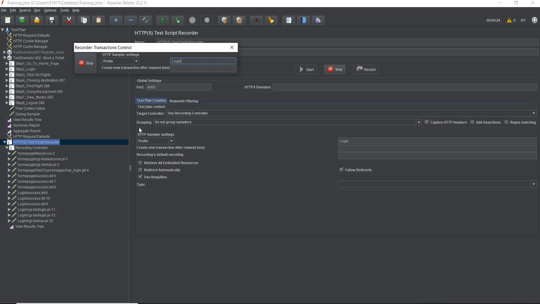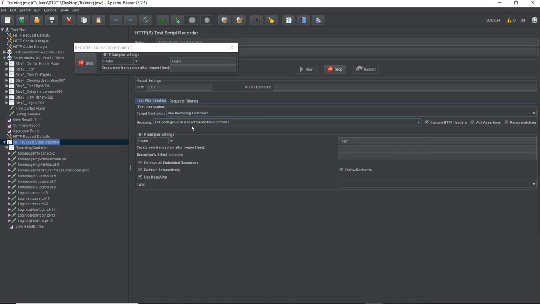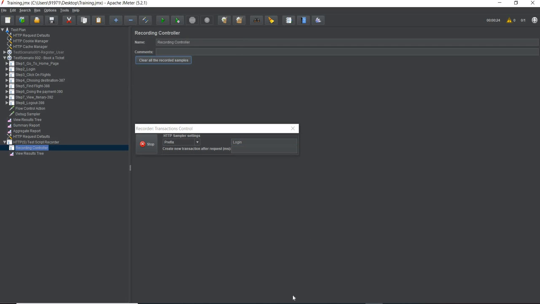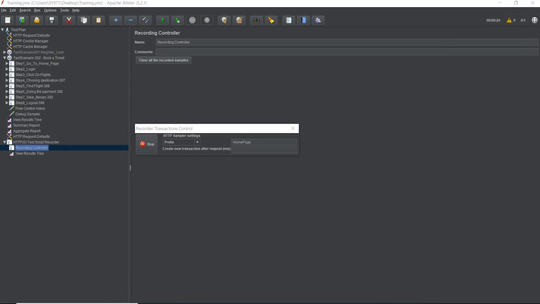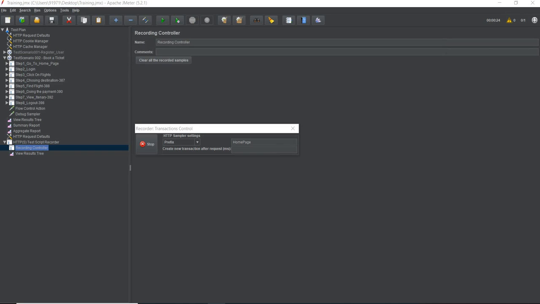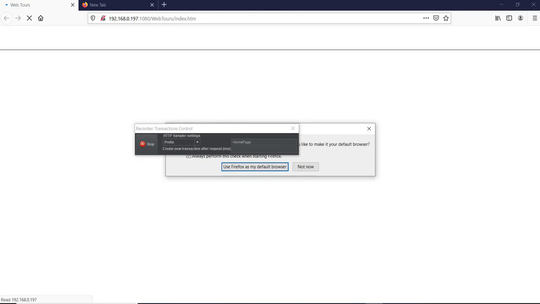And why is it so? Because we have not grouped them. This was discussed in the best practices: you need to put each group in a new transaction controller. I'm clearing up all the recorded samples and again giving it home page, copying this value, closing this session, opening Firefox again and pasting it.